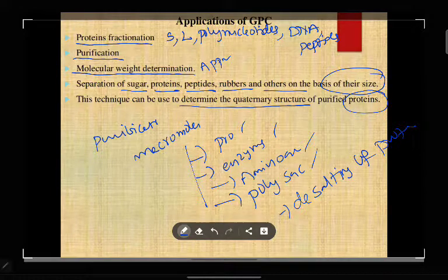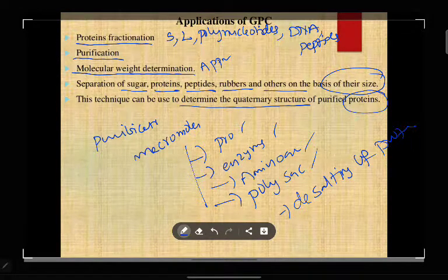Then in theory, we saw the factors which affect the separation, like sample volume, ratio of your sample and column volume, flow rate, column dimension, particle size, packing density, viscosity of sample, and pore size of your particle. All of these affect it, so we have to control these things also. Coming to the instrumentation, first you select a column, then a suitable gel, then a suitable solvent or mobile phase. Then you mix the stationary phase and mobile phase and pack it inside the column. After packing, you saturate it, then you go for the elution technique.